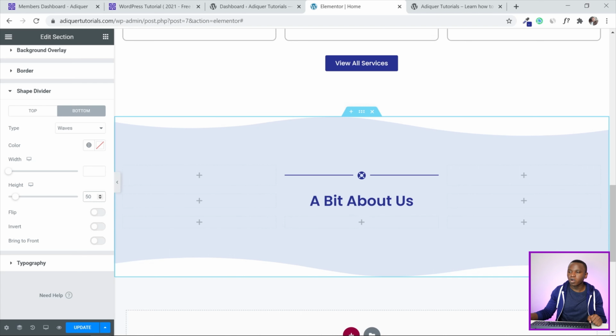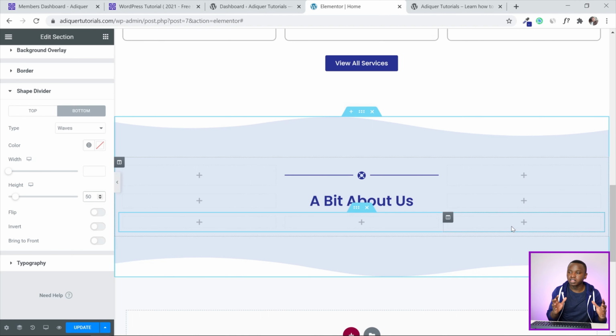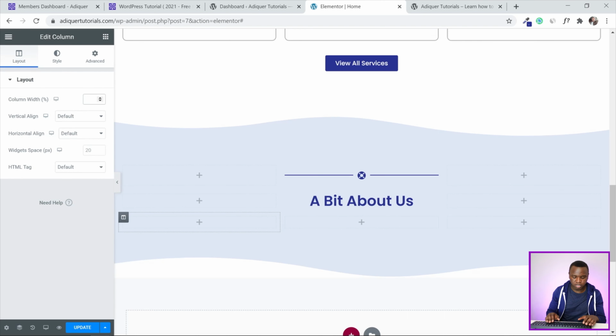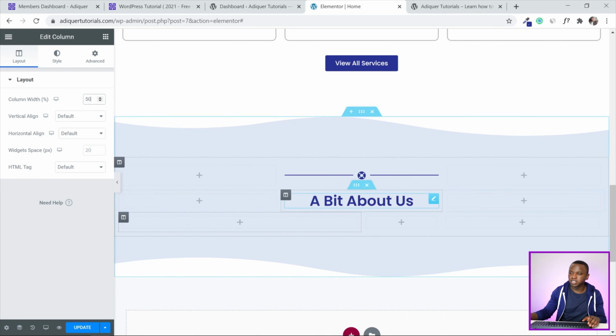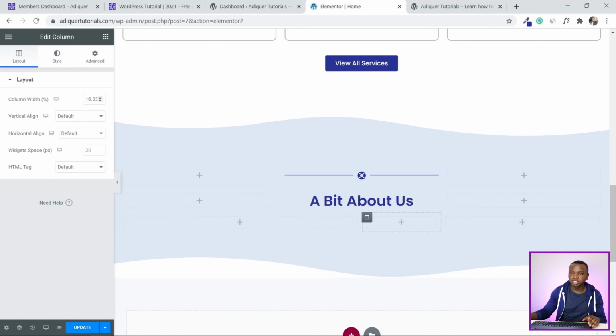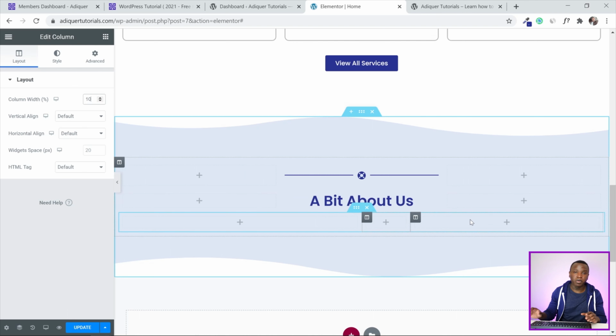Now here's the thing. We're going to be putting an image over here, right? That image is going to be shifted to the left, then to the bottom. And we don't want that image to mix with our content on the first column. This is why we're going to be putting this to 50%, this one 50%, and this one to 10%, the second column, and this one is going to be 40%. I'll explain more in detail after we finish making this section why I'm putting this empty